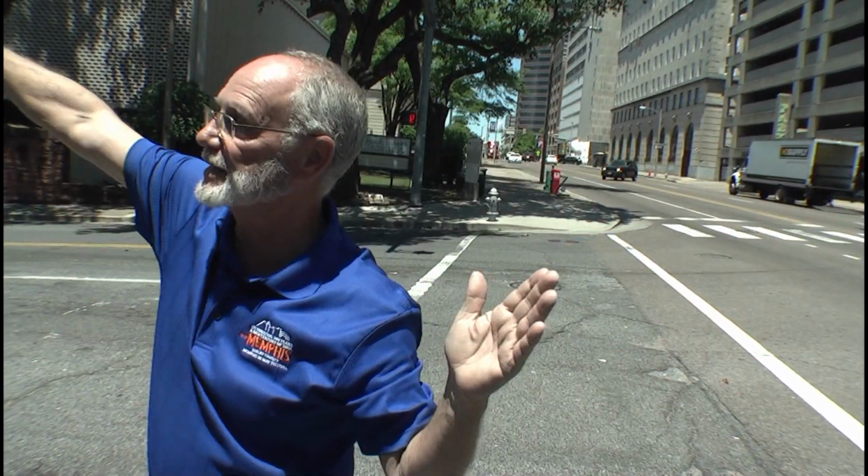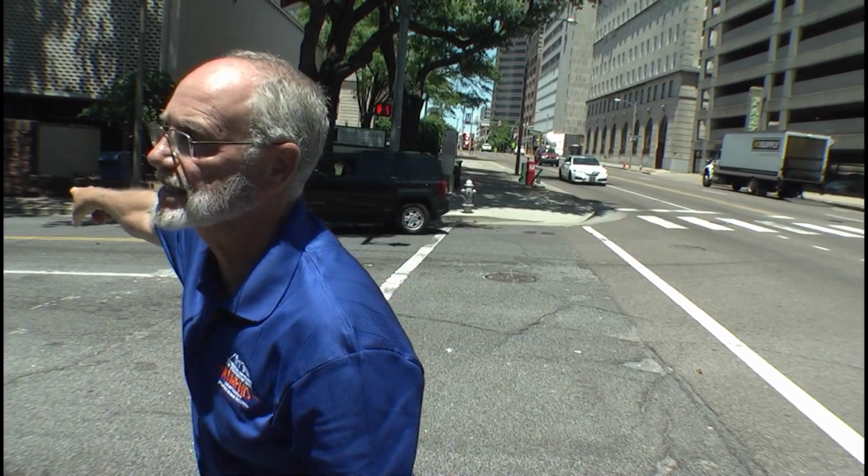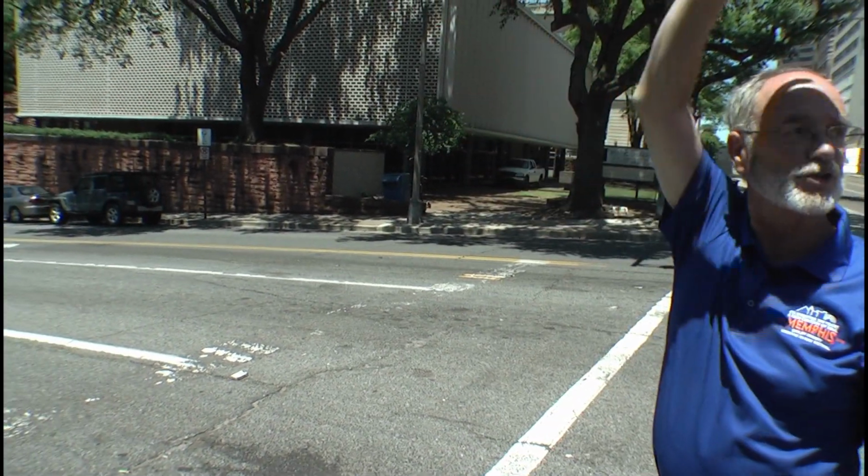That's always been tried a few times as far as developing this for office buildings or whatever. But this was a park until 1955. You could stand here at Front Street and see the Mississippi River. Same thing over at Confederate Park too. You can kind of see the grass back behind us here. You can see the red sandstone right here on the wall. Imagine about a four-story tall